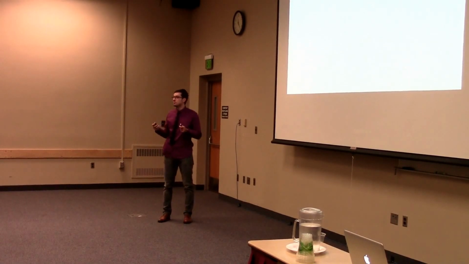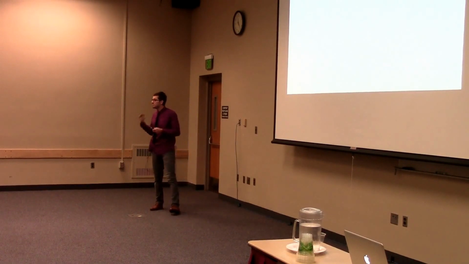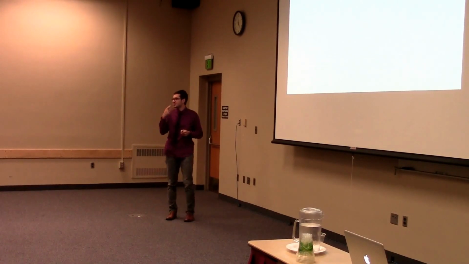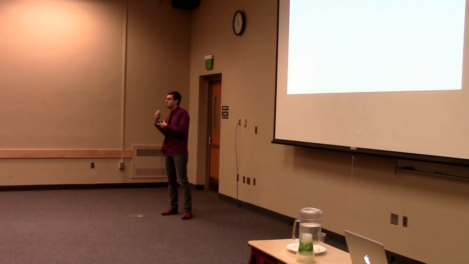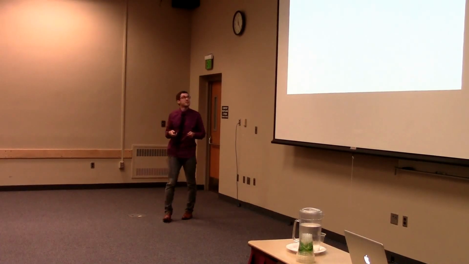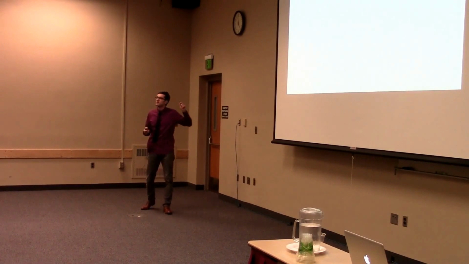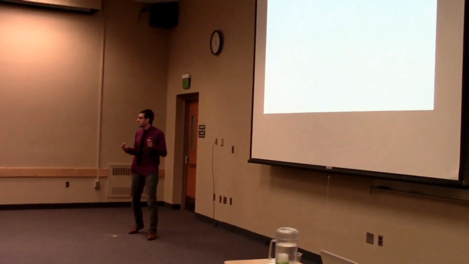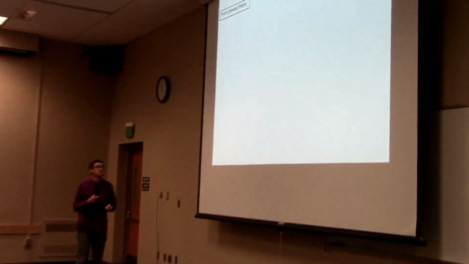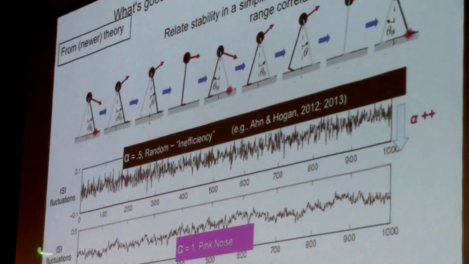But if you look into the research of Karl Newell, is he here? He has shown that in many cases it's not so clear. It depends on what the task is and what the constraints are. Some people are nodding their heads. So let's ask why long-range correlations are good in the case of gait, not just assume it, but see why that is the case. I think I'll try to derive this from something more recent.